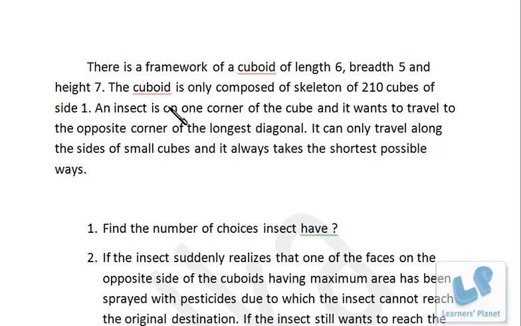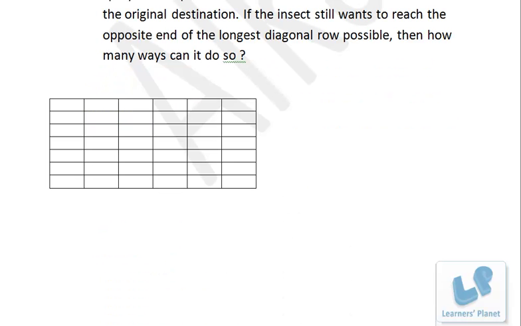See, these sorts of problems are frequently asked in CAT exams. See, this is a 3D figure, that's a cuboid, right? First of all, we understand this concept by taking a 2D figure, right? Just wait for a moment. Now, first of all, understand this concept with a 2D figure. So, this is point A and this is point B. Now, we have to start from point A and we have to reach point B. Now, we have to select the shortest possible ways and find out how many ways there are, right? I just put up one example.